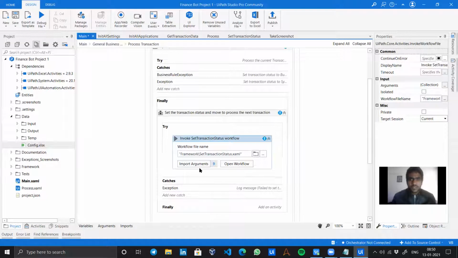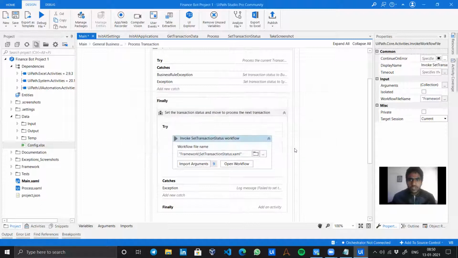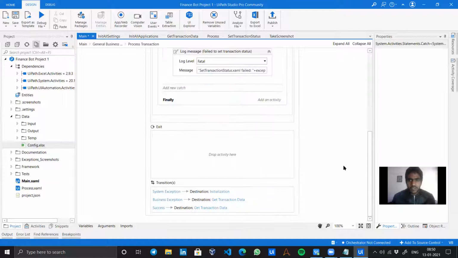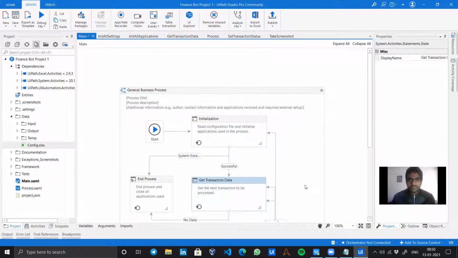Now I will click on import arguments and let's see if there is something empty or left. Click on OK. Invoke set transaction is fine, exception is fine. Let's go to main. See, all our errors have gone.